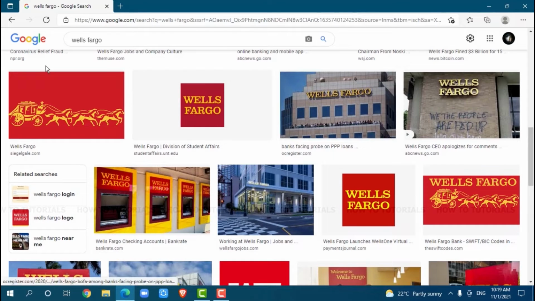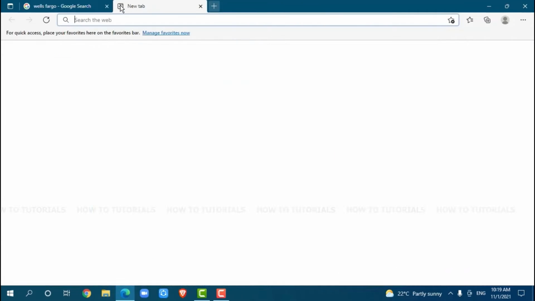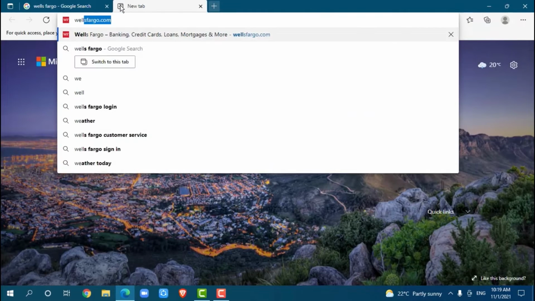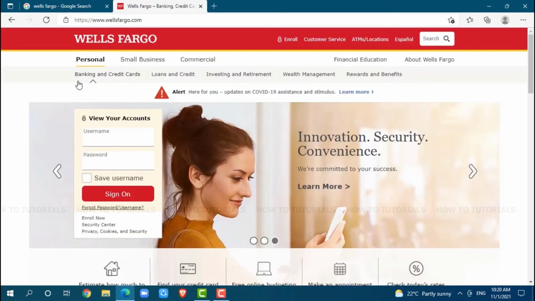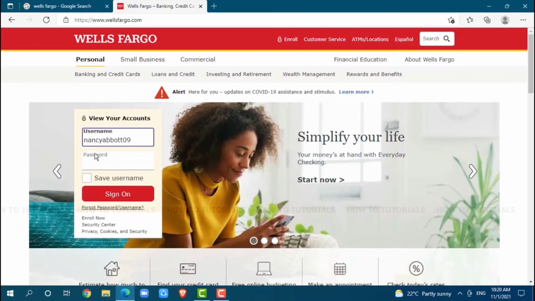First of all, you need to open any web browser on your PC, as I am using Microsoft Edge for this. Now go to a new tab and search for wellsfargo.com and press enter. At the official webpage of Wells Fargo, you can see the login form where you need to provide your username, then password, then click on sign in, where you will get logged into your banking account